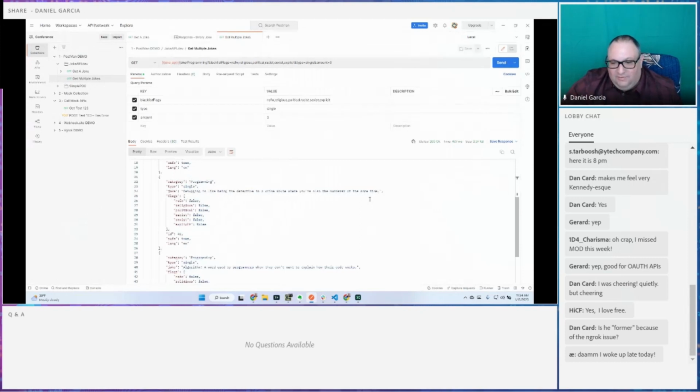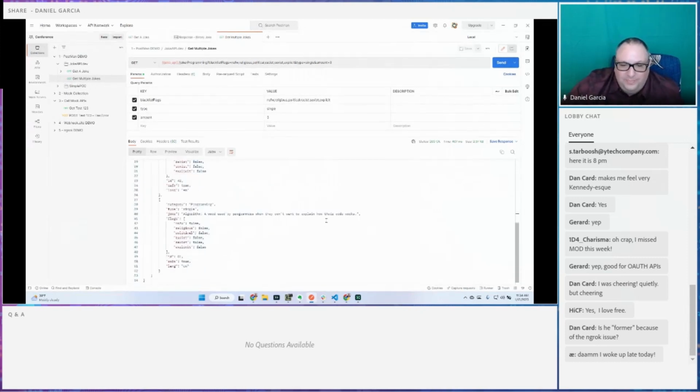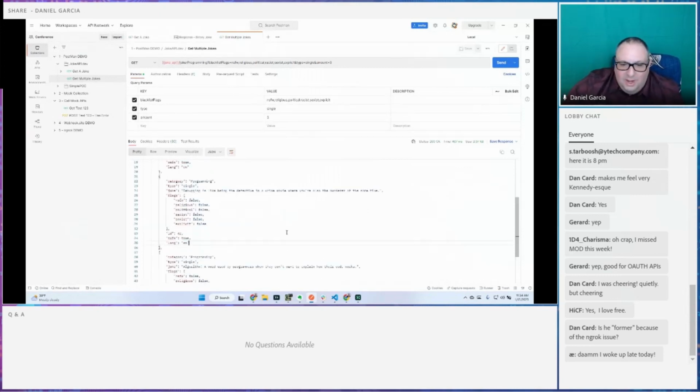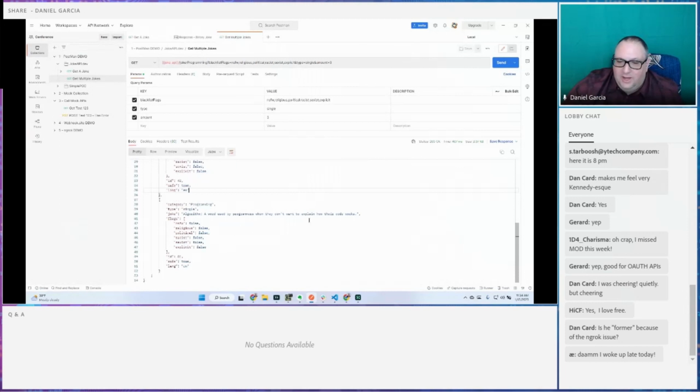Debugging is like being the detective in a crime movie where you're also the murderer at the same time. I love that one. That comes up. Algorithm, a word used by programmers when they don't want to explain how their code works. Yeah, I'm not going to say I've never used that before, but I'm also not going to say that I've never